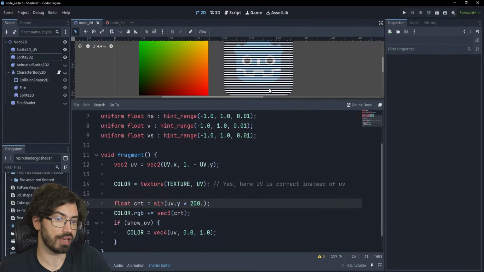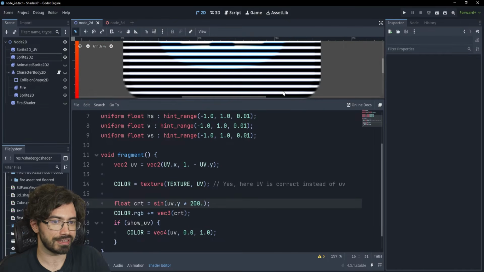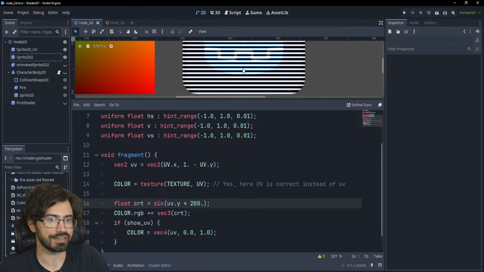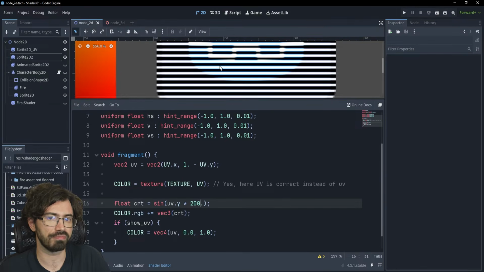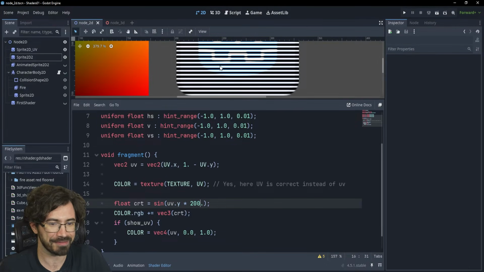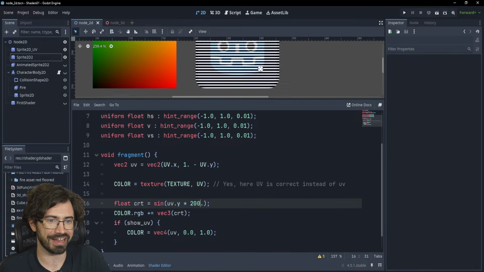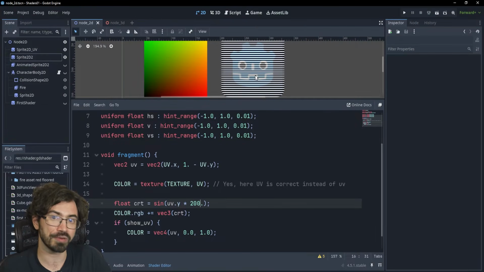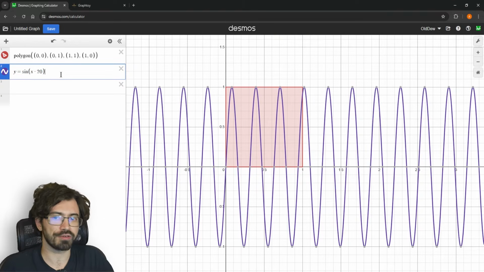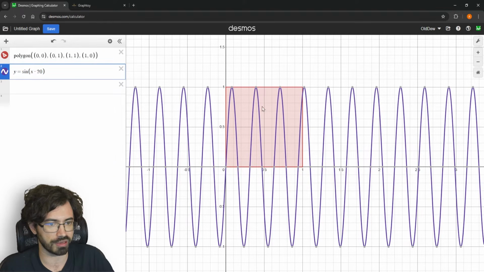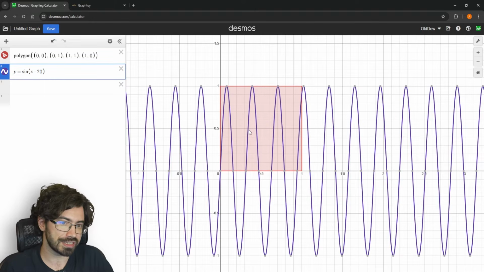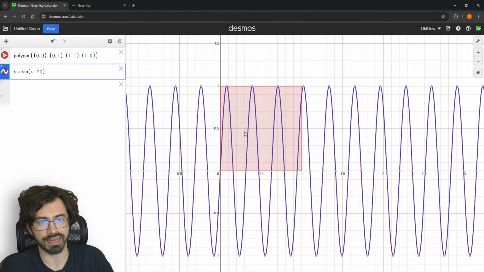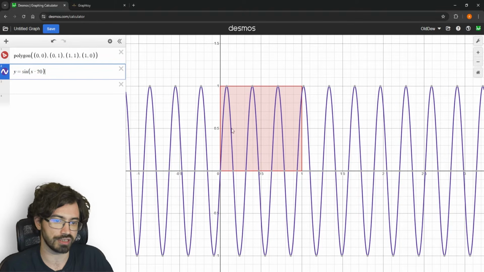Alright, but a problem that we have is definitely that these lines are way too intense and some of the values have turned to black, so why does that happen? And also that the lines are not climbing up. So let's go to Desmos to see our sine function. Now for the sine function I actually just multiplied by 20 because it's much easier to read. And you see that the main problem is that we have this sine reaching the values